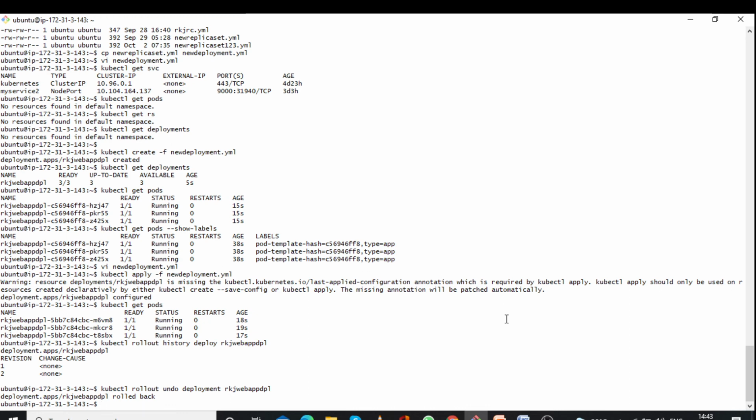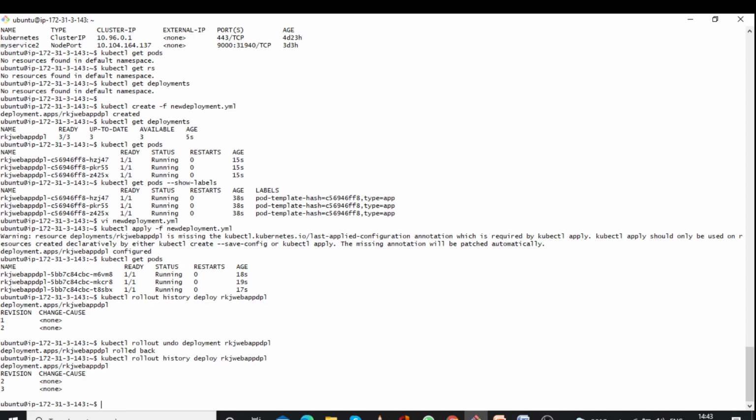Apart from that, what you can do, you can also run a command. Now let's check once. Okay, history. Now you can see 2, 3. Also if you have done 4, 5 deployments and you want to go to a particular revision, how will you achieve that?